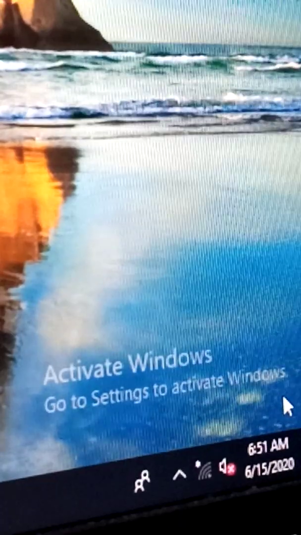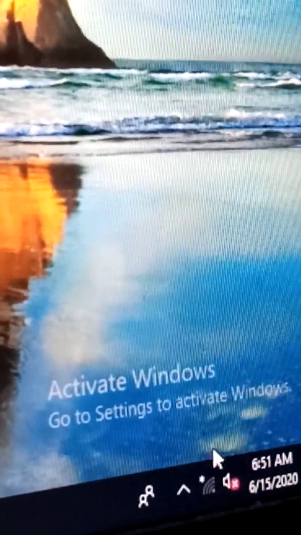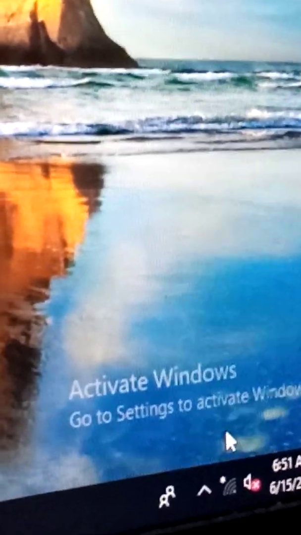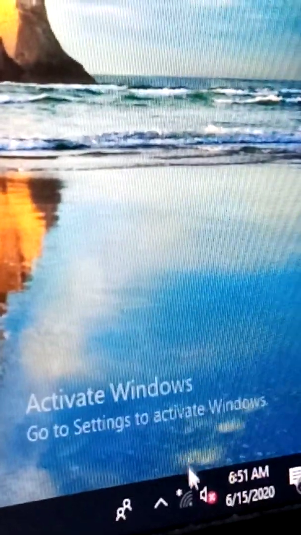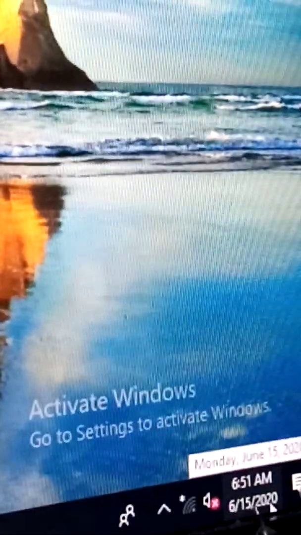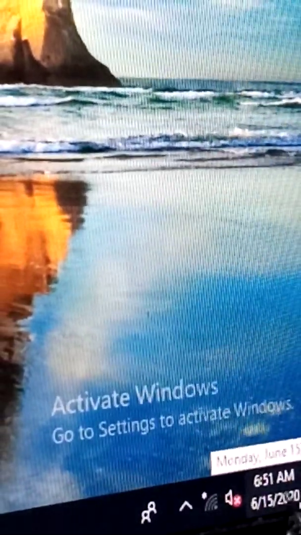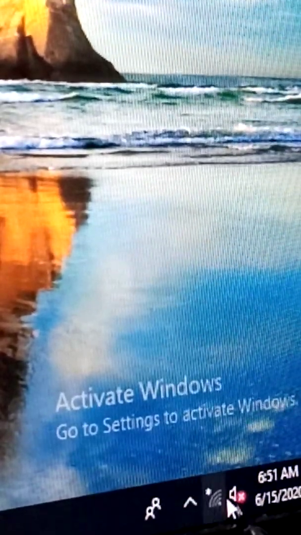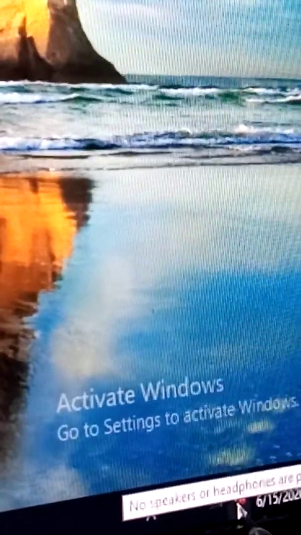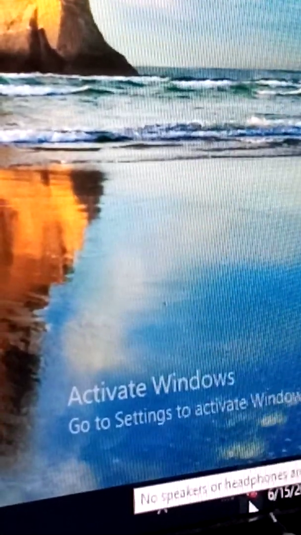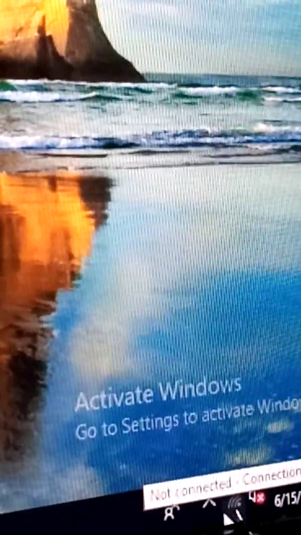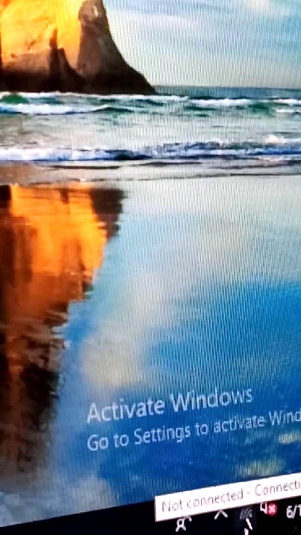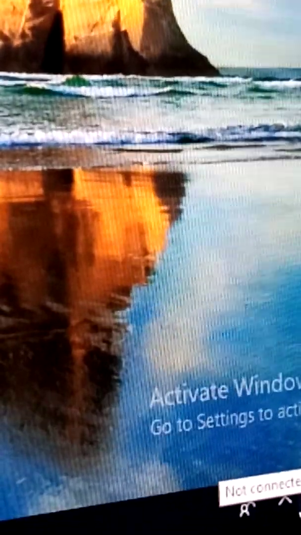If you look at the right bottom of this taskbar, you can see different icons. One of the icons at the corner is the date and time. You can change the date and time by clicking on it. Next to it is the speaker. You can increase or decrease the volume of your speaker. The next one is the internet connection. If you are connecting your computer to the internet, this icon helps you do that.